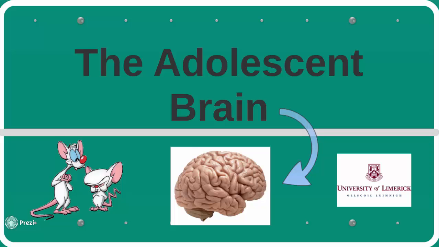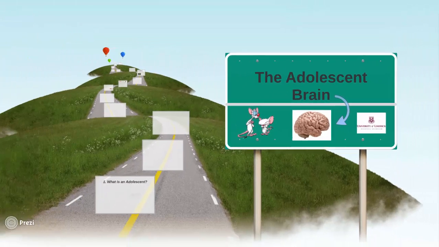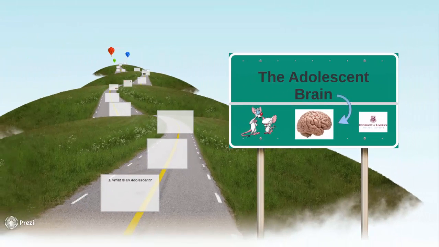My name is Emma and I will introduce you to the concept of adolescence along with brain structure. Mikey will then discuss development of the brain, Aoife will discuss hormones, and Barry will then conclude discussing neuromyths and the side effects of changes in the brain. The road shown here symbolises the journey to adulthood that each adolescent must go through in their life. But firstly I'm going to look at what is an adolescent.